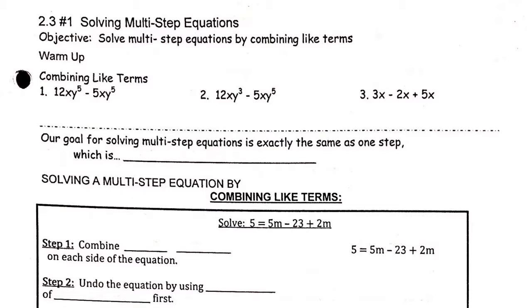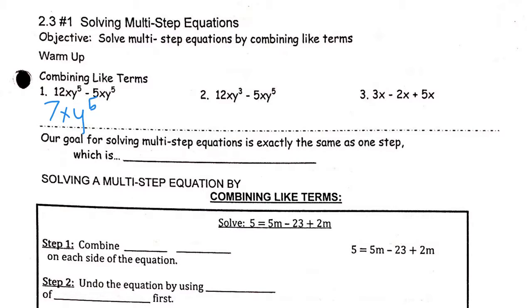So first, if we look at this warm-up, combining like terms, remember you need the same variable and the same exponent. So if we look at number 1, we have 12xy to the 5th power minus 5xy to the 5th power. Because we have multiplication there, 12xy to the 5th power is one term and 5xy to the 5th power is another term. So because they have the same variable and the same exponents, we can subtract those and combine like terms. So 12 minus 5 is 7. So we have 7xy